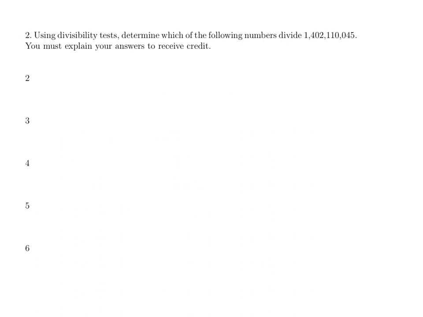In question 2, we're going to use divisibility tests to see if these numbers divide this number over here. So we must use those tests in explaining our answers. Starting with 2, does 2 divide this number? And the answer for this one is no. And this is because